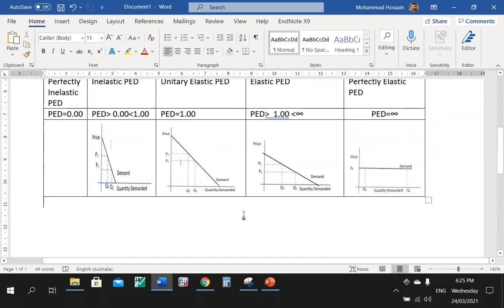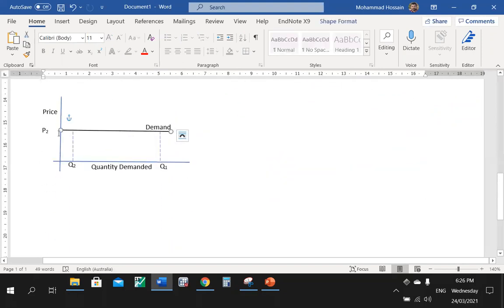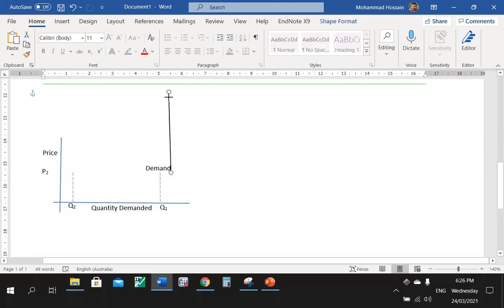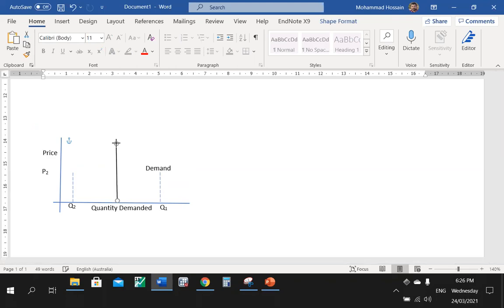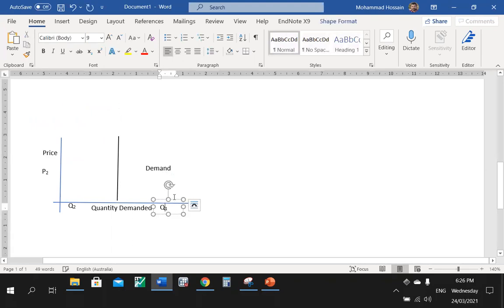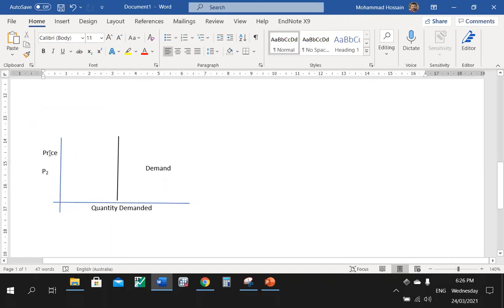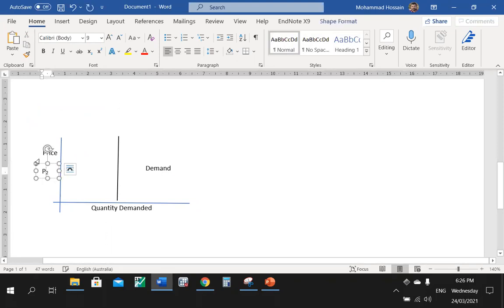And for the other one, you already understand what it is going to be: a horizontal or vertical line. It's going to be a vertical line like this. So you can see here, if the price changes a lot,